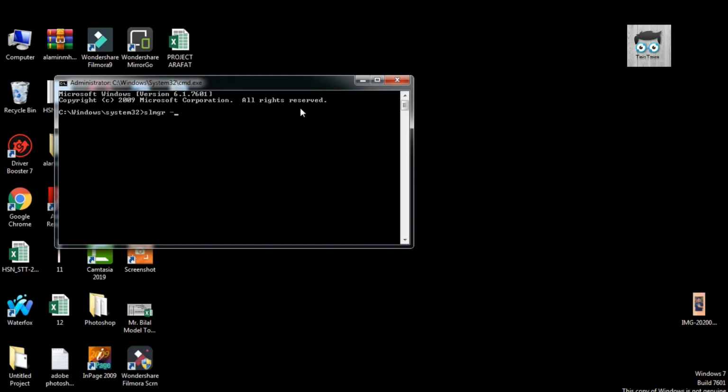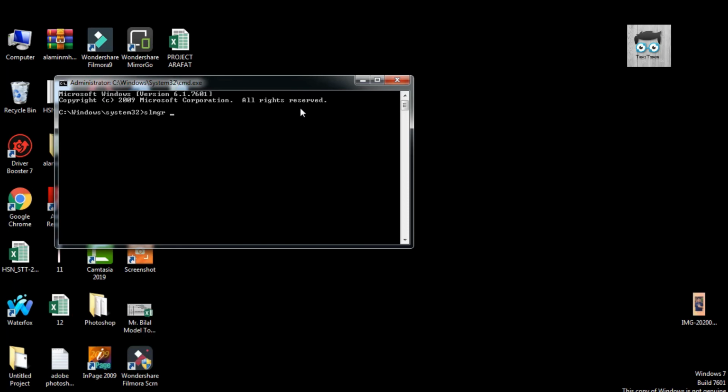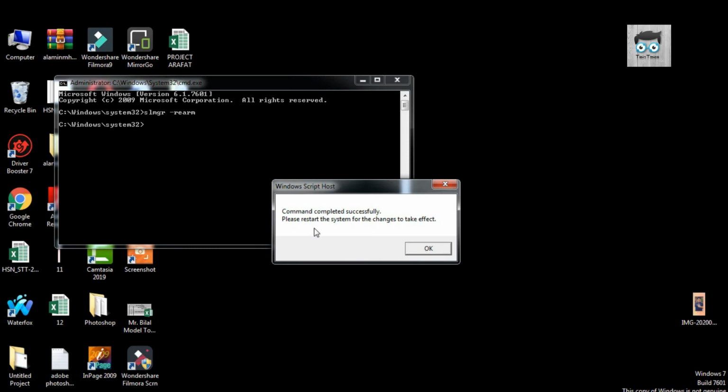Type the word slmgr, then a space, then a dash and rearm, and press Enter. After a few seconds you will see the status, then restart the computer, and then you will see that your Windows is not genuine error